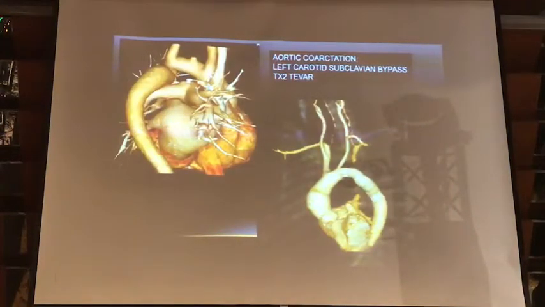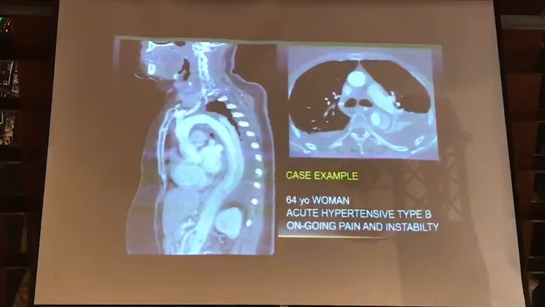So here's just an example of a patient with a significant coarctation causing cardiac dysfunction, treated with left carotid to subclavian bypass and TX2 TEVAR with a nice result, just showing how that operation can be used for this particular type of pathology. Here's a 64-year-old woman with acute type B dissection and significant ongoing hypertension, pain